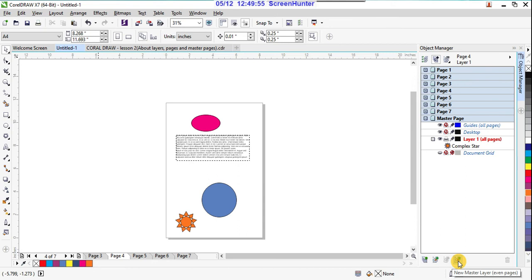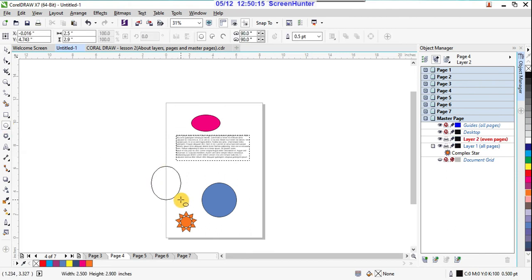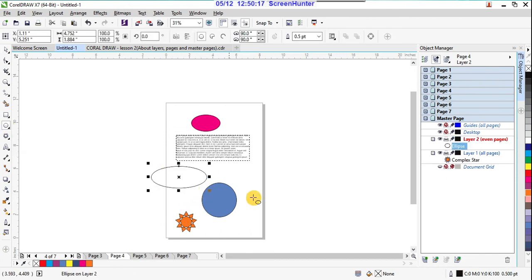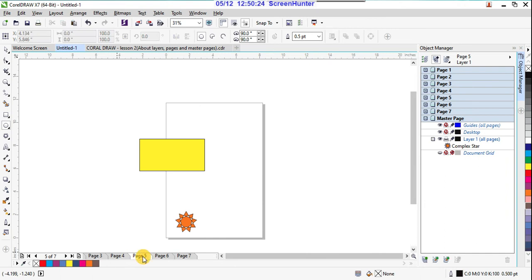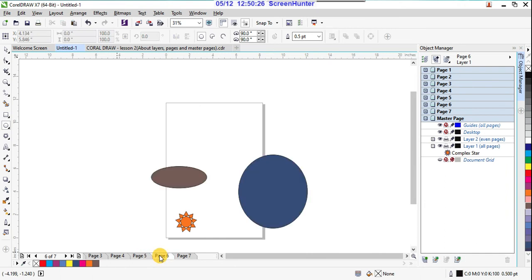Here I am creating for even pages. In even pages it will automatically be created. Suppose here I am clicking new master layer for even pages. Just click on that because it is even page 4. Here I am creating one more object, suppose this, and here I am using this color, right? Now you can observe it is not there in 5 but it is there in 6th.